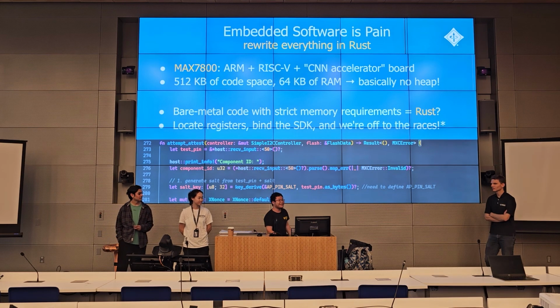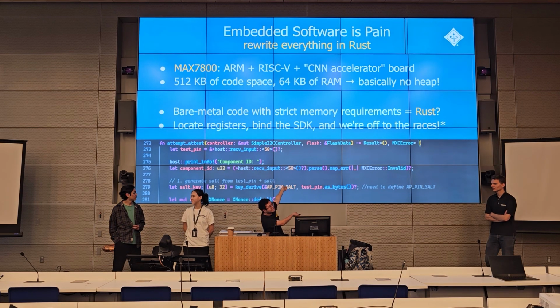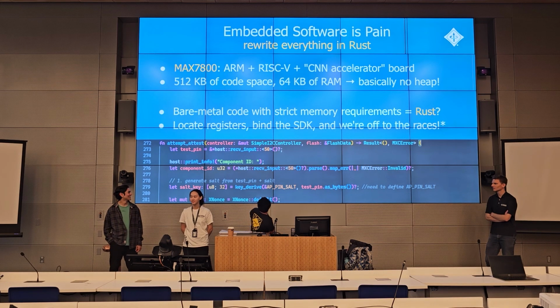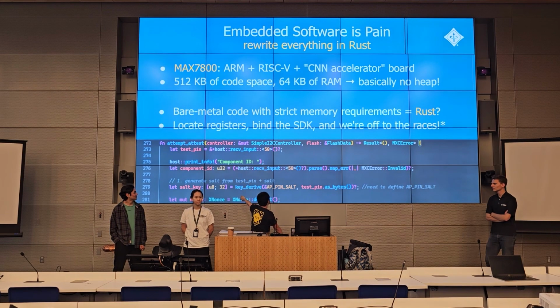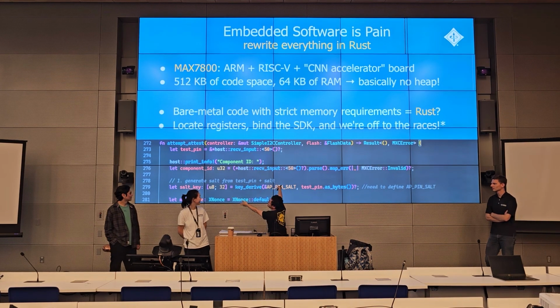And so we were like, maybe this is a good use case for something called Rust. Now, I know most of you guys are EE majors, so you probably don't know too much CS, but there's a really cool new language on the block called Rust that does a lot of really cool things. So we looked at all the registers and where they're all in memory. We figured out how to get the SDK bound to Rust, and then we're off to the races, right? This is some beautiful attestation code. Except it